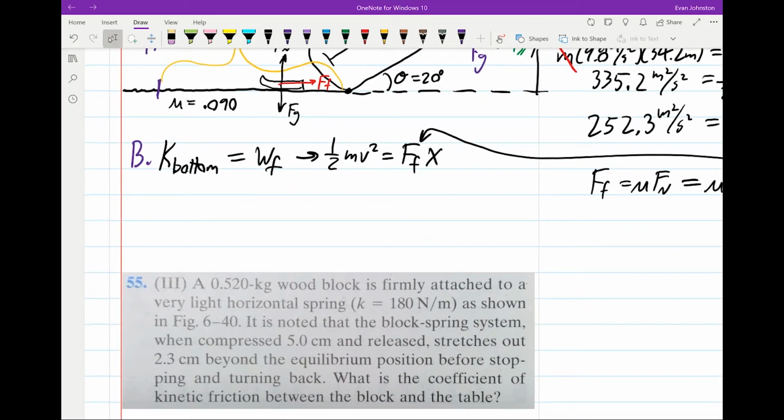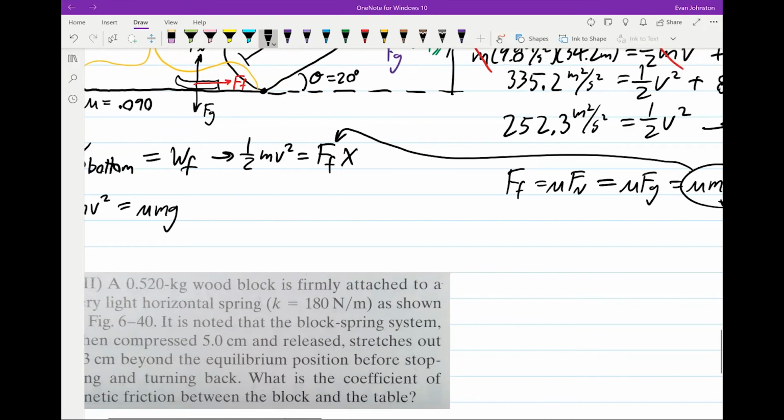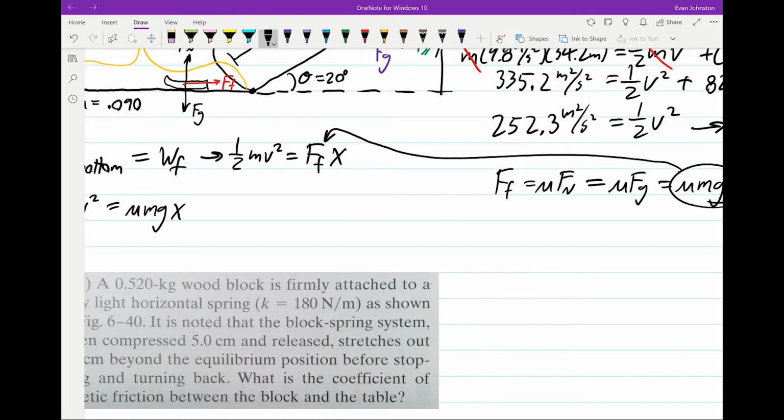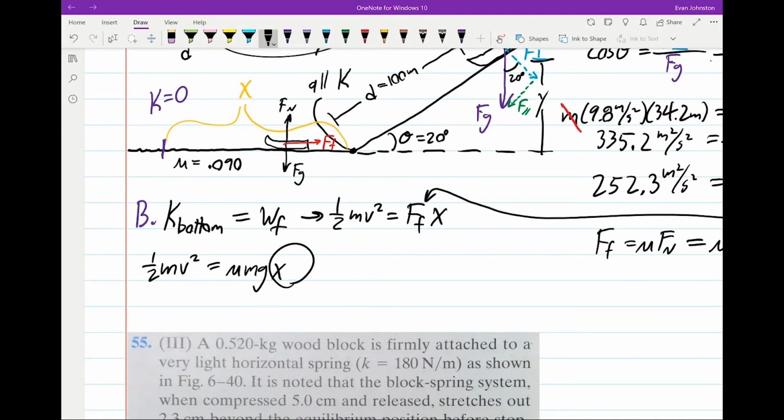And so I would write this all as 1/2 mv squared equals, and now we have mu times m times g times x. And we want to find how far does it go. So we want to get x alone is really kind of the goal. And now I have an m on both sides, so I can cancel that. I can do a little algebra now. I can say that v squared over 2 mu and g, I just divided by mu and g on both